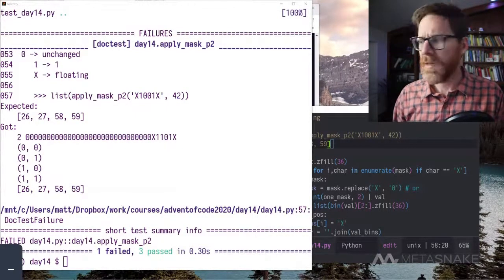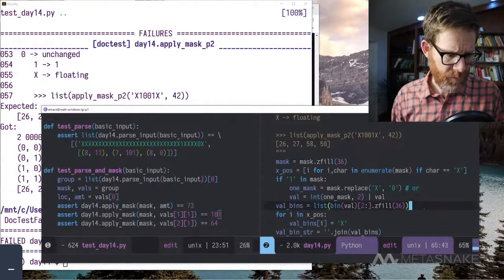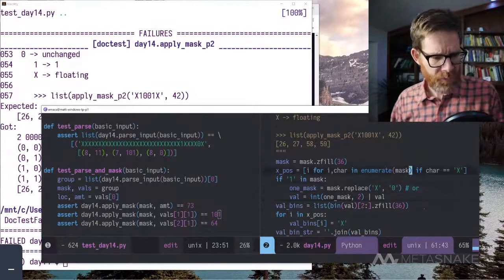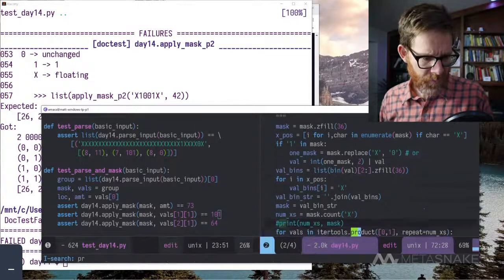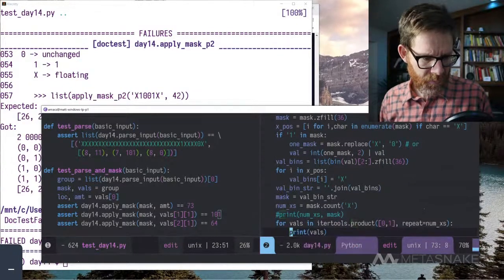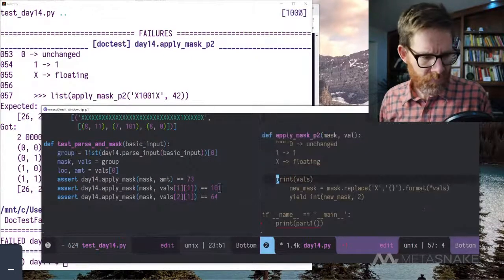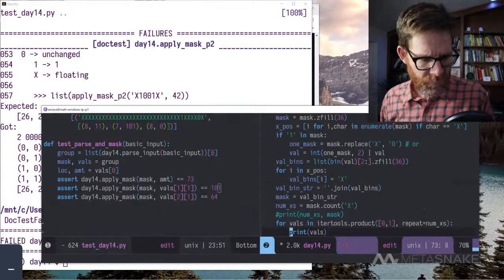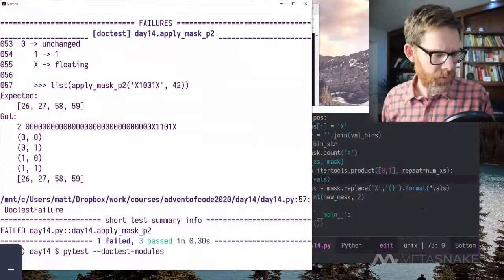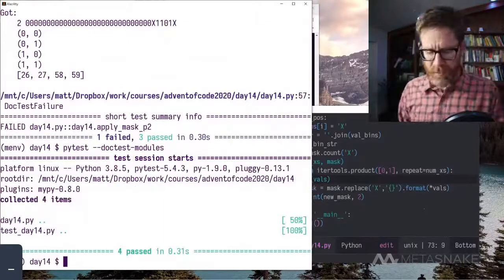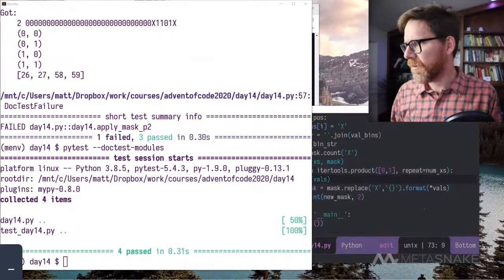Okay, so let me... I've got a bunch of prints in here, so I got to get rid of my prints. Okay, let's try this. Okay, so now we're getting the right numbers, so let's figure out how to glue this all together and wrap